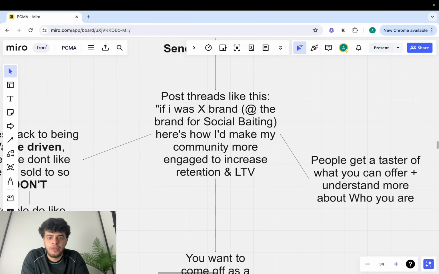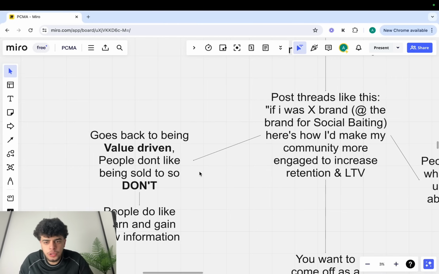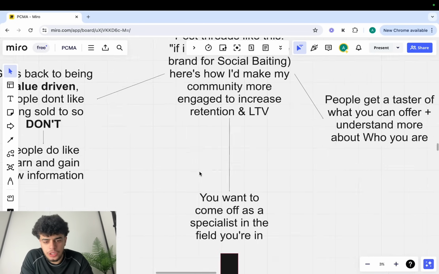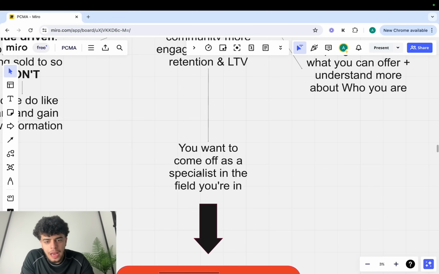It goes back to the idea of being value driven. People don't like being sold to, so you don't want to come off as too salesy. People like to learn and gain new information. If you come across as someone that's just providing value, then it's easier to pitch. And you want to come off as a specialist, someone that can actually